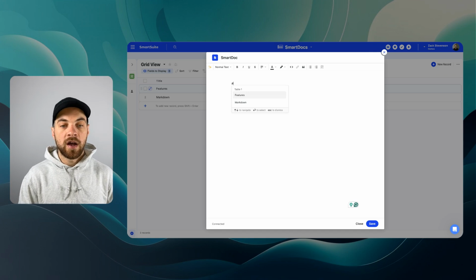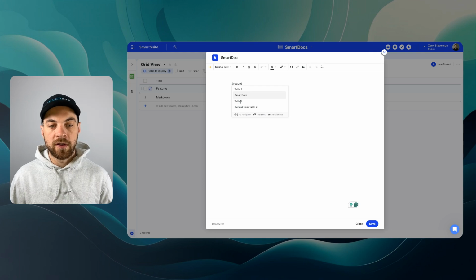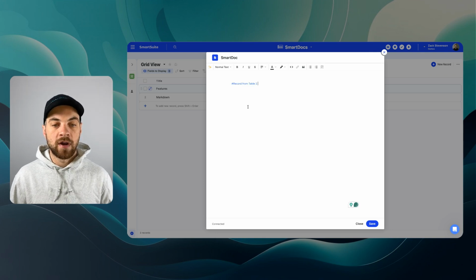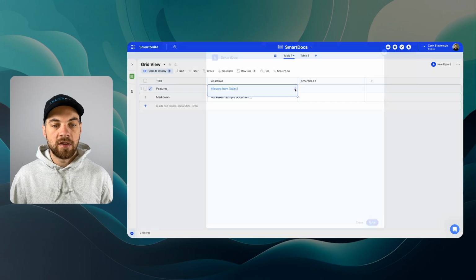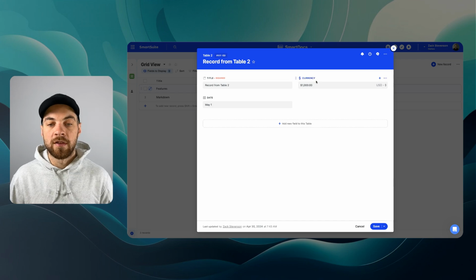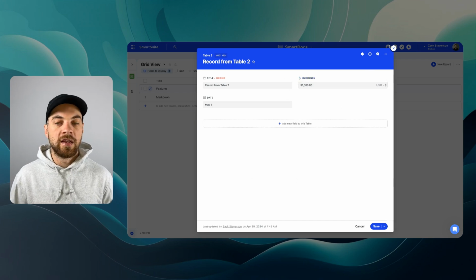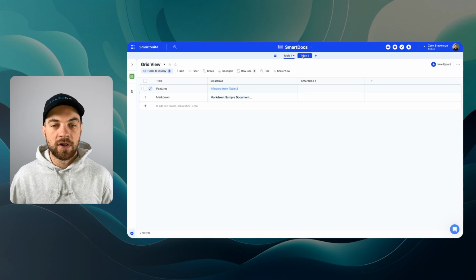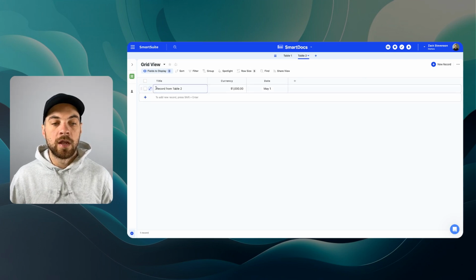In another table, I have a record called record from table 2. So you can see here that's showing the table name. I can select this record from table 2 and I'll just hit save. I'll reopen it and select it, and it will open up that record in line. So you can see that it shows me any details on that specific record according to the table and record